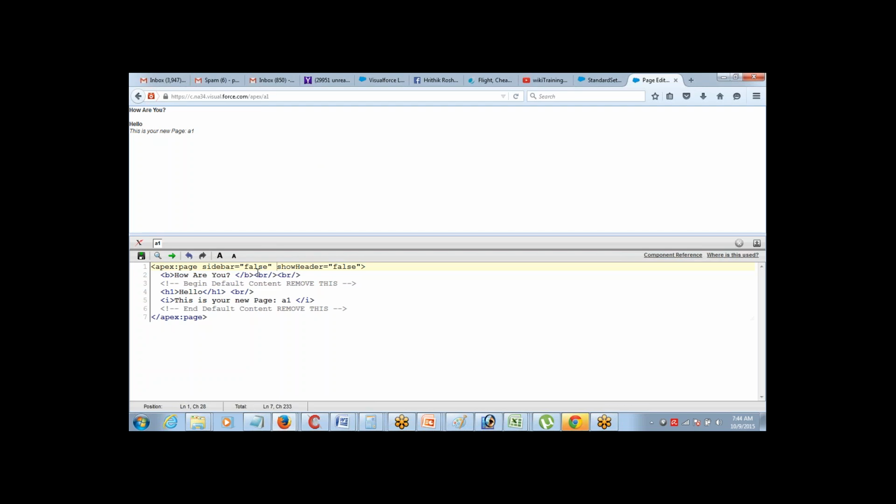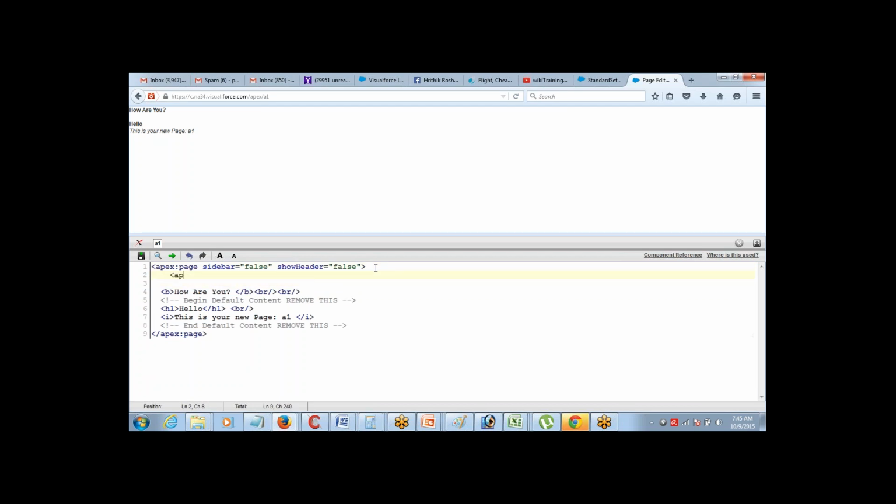So while I'm defining a page, I also have the option of defining the page with the sidebar. I have the option of defining the page with the header, or I have the option of choosing a page without a sidebar and without a header. So that's what we have. So these attributes that belong to each component can be used for controlling the look and feel of the component, how exactly your component is going to look and behave. Correct?